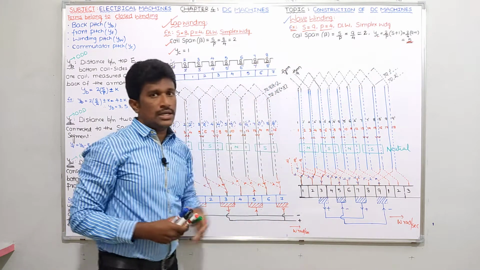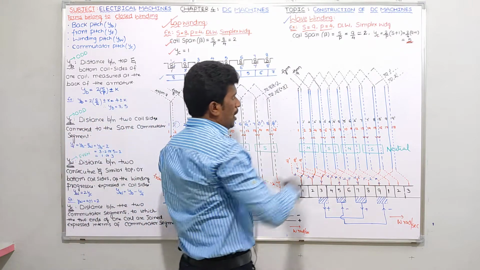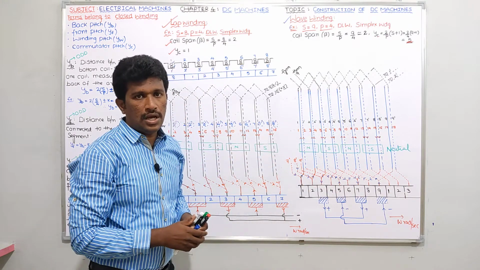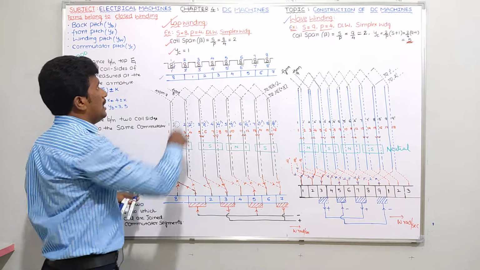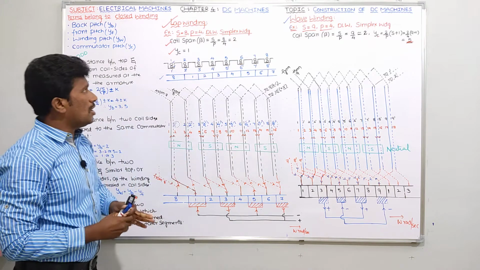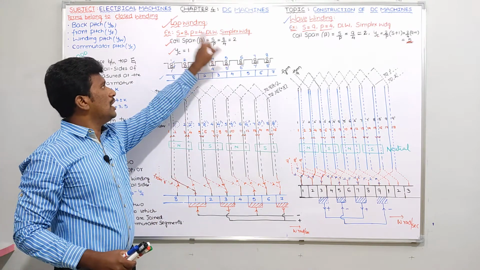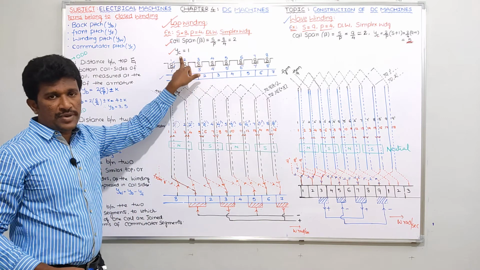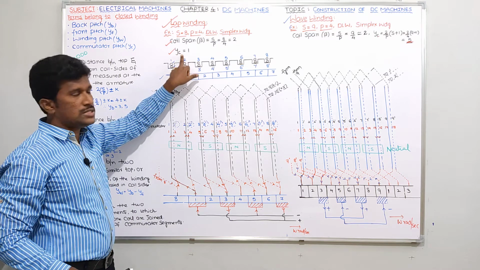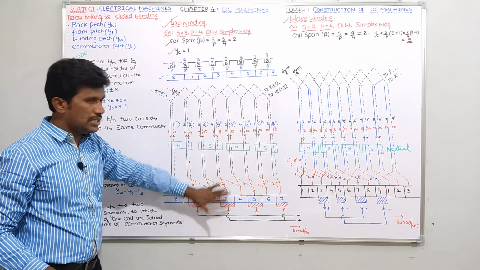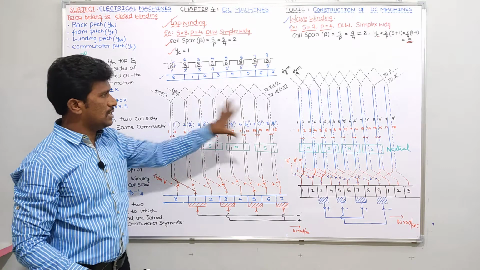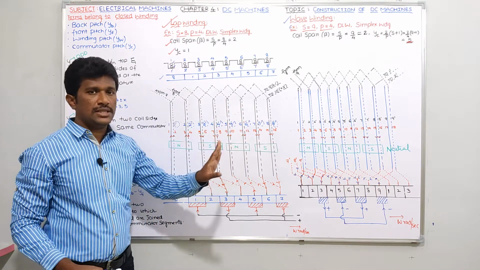I explained in the last video how this developed diagram was drawn. Before that video, I had taken this example: slots 8, poles 4, double layer winding, simplex winding. We calculate coil span beta as slots per pole, 8 by 4. Commutator pitch Yc is plus or minus 1 generally, plus is for progressive winding. I take it as progressive winding, so Yc equals 1. This I also explained in the video before last. Don't get confused by the figures on the board, which were already explained in the last two videos.